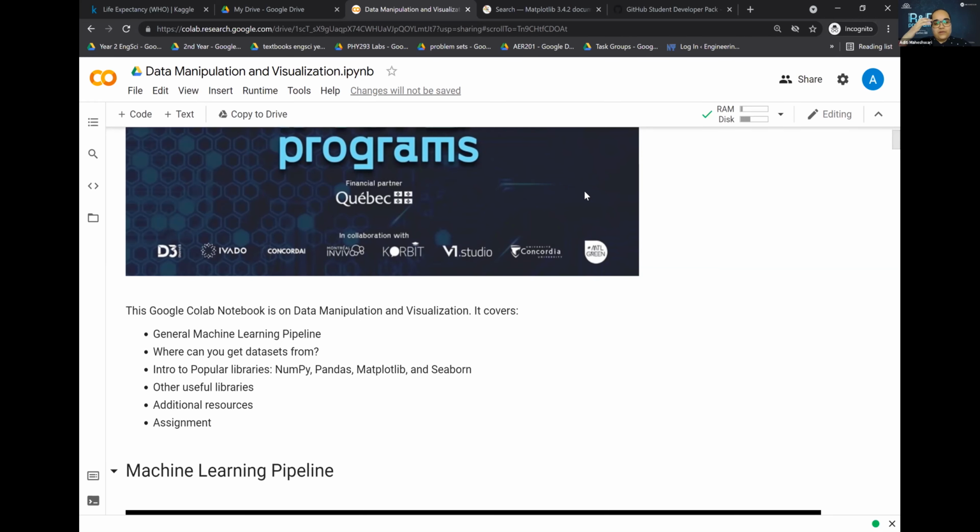We're going to be going through a shared Colab. We'll be posting the Colab link, so you'll have access to the workshop and you can follow along with us. This workshop covers a general machine learning pipeline, how everything works in the general approach, and where you can get data sets from. The focus will be on four popular libraries in machine learning and data science: NumPy, Pandas, Matplotlib, and